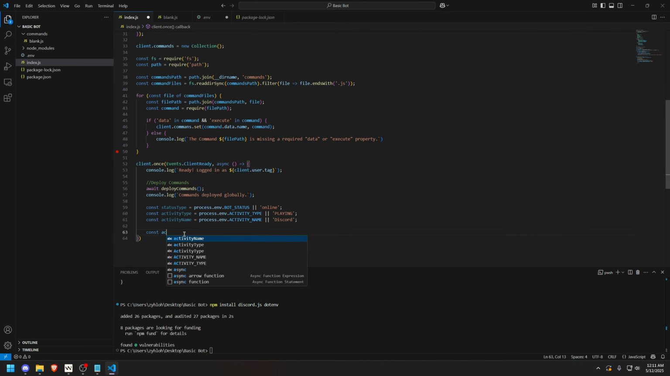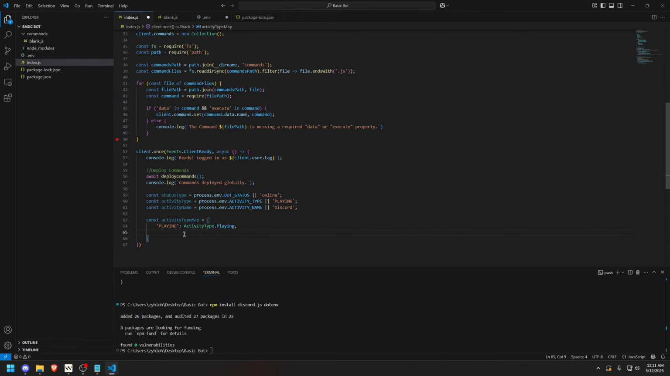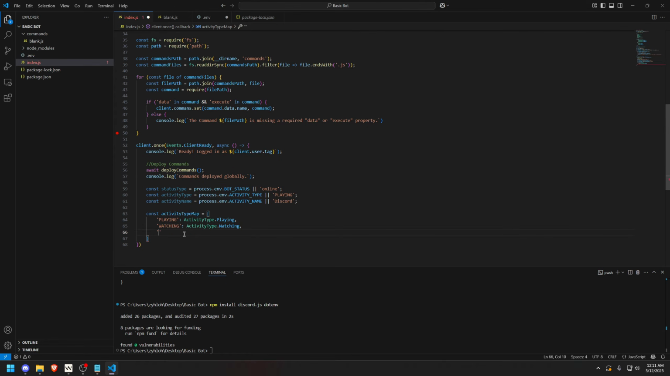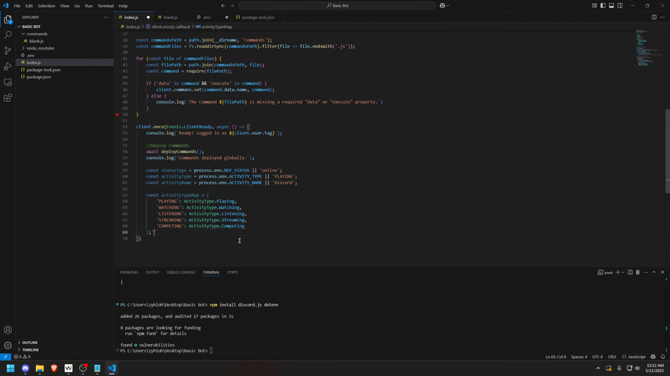So we can do const activityTypeMap equal to a curly bracket, of course. We're going to do PLAYING in all caps, colon, and ActivityType.Playing. And we can go down to the next line, do WATCHING, another colon, ActivityType.Watching. I'm going to be doing this for all of them. Once you have those typed out, we have playing, watching, listening, streaming, and competing, so we can do all of those there. And again, close your bracket just like so, or your